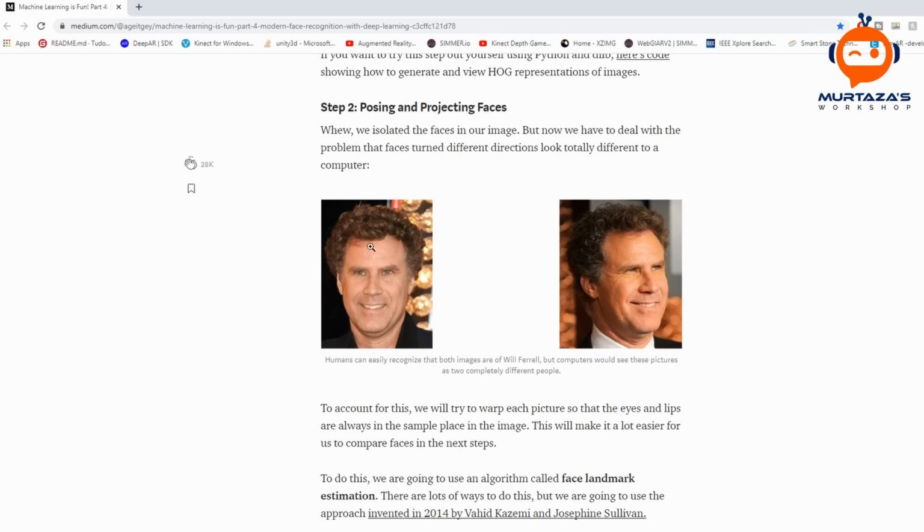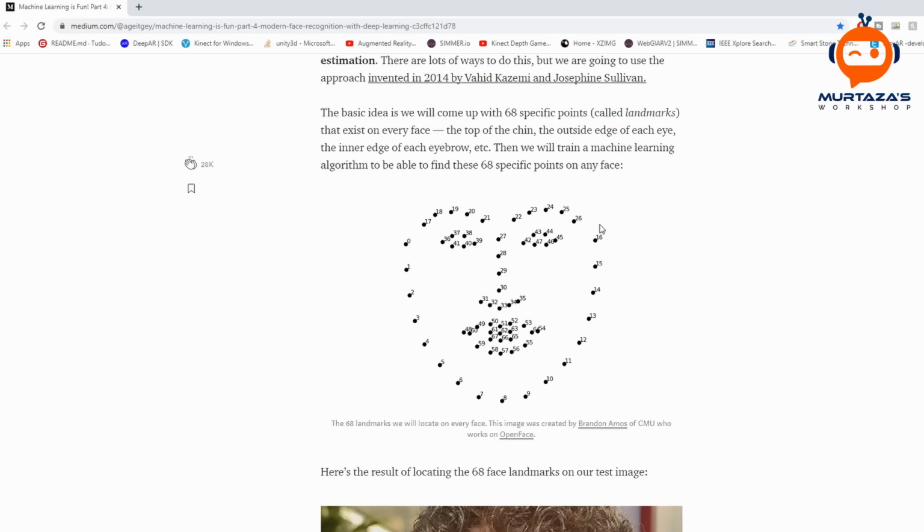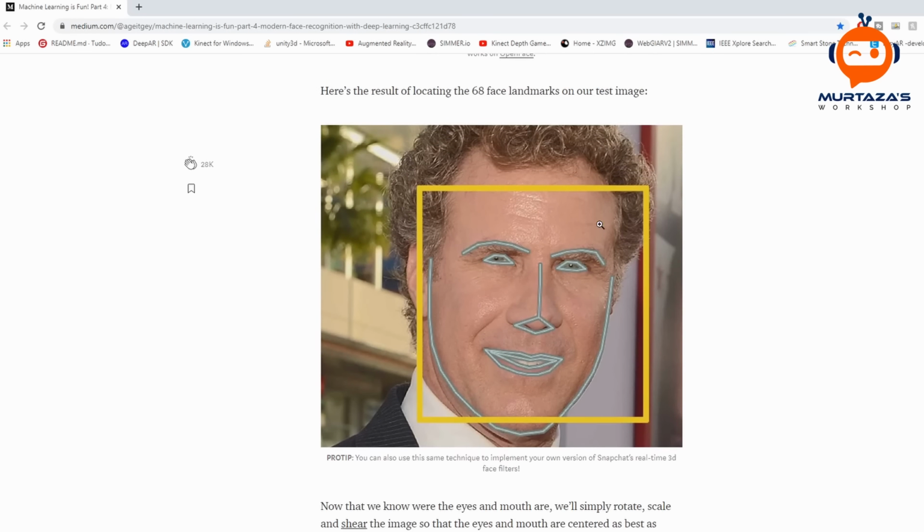Because for example, this is a frontal image, and this one is a little bit tilted, and for the network to understand a human, this will be completely different than this. So what they do is they try to make all the images look something like this. They use the dlib library at the backend. If you want to know more about dlib and how it works, I have a tutorial on that. You can check it out in the description.